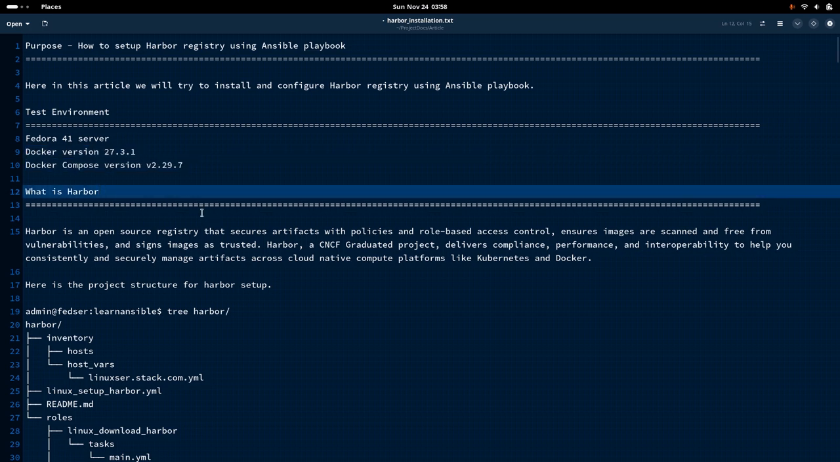So let us try to understand what is Harbor and what it gives us, what are the benefits that it gives us as a registry. So as a plain registry that we know, it is used to store the artifacts, that is the Docker images that we build using various tools. But Harbor registry is specialized in a way that it provides us with a